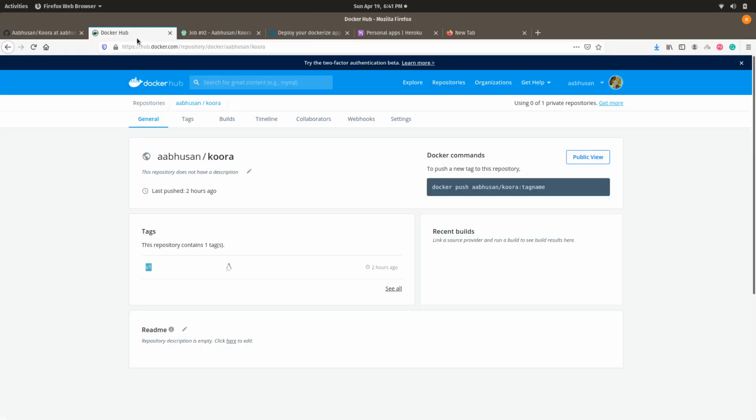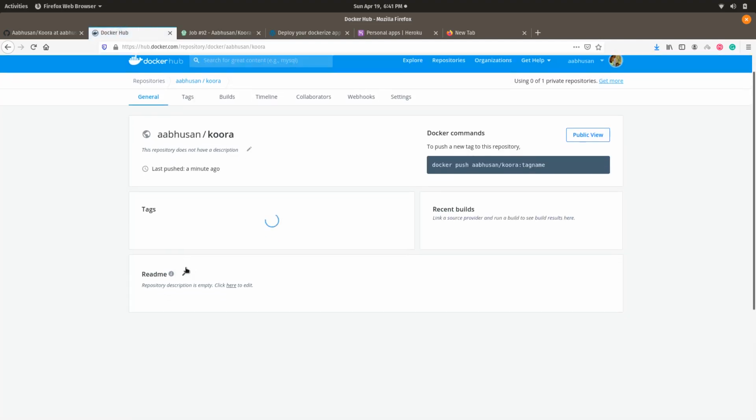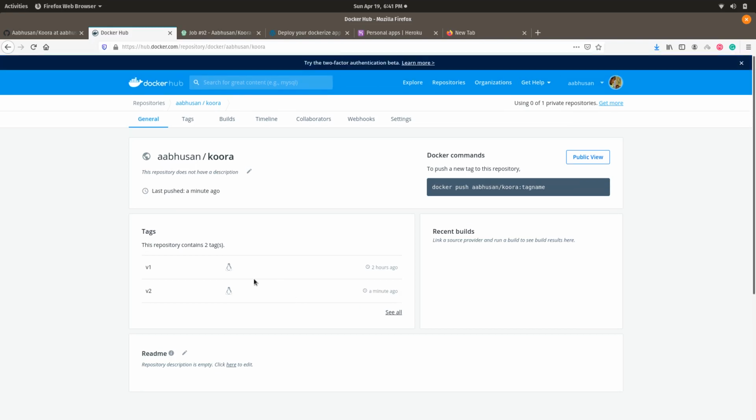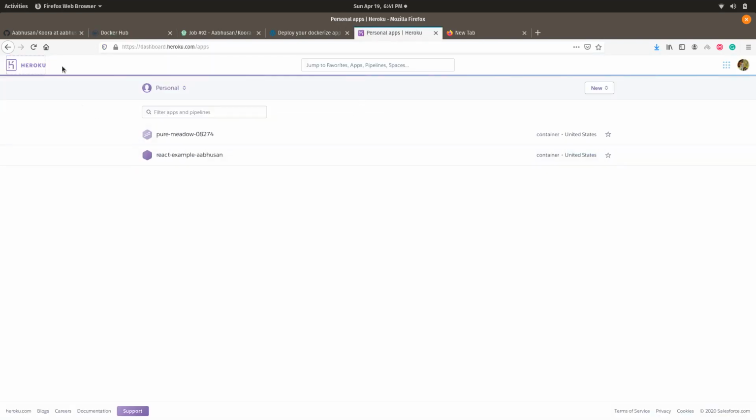So let us confirm in Heroku. Here is only version 1, so when I refresh, version 2 should be present as well. Yes, there is a version 1 and a version 2. You can see it was just added a minute ago. Here we can see that the Docker image has been uploaded to Docker Hub, and in Heroku as well. So let us refresh in Heroku,